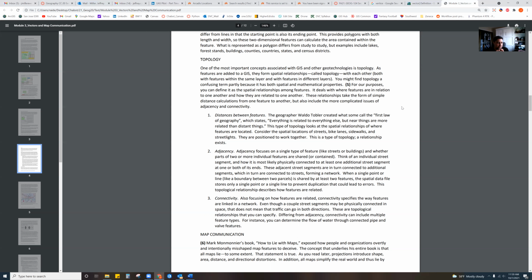The spatial file stored on one point. Well, I'm going to let you guys kind of reread some of this stuff because a lot of this I'm doing as I'm going here. But anyways,